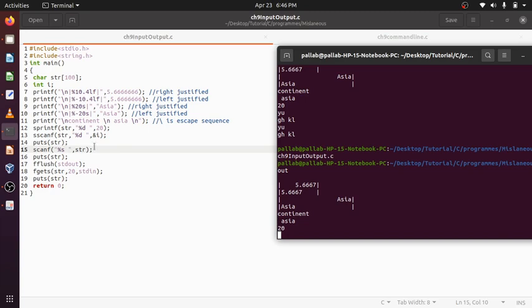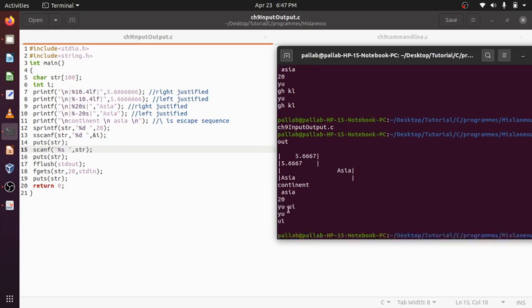Now many times in the past I had given scanf with %s. Can I give multiple characters here? No, I cannot put multiple characters here, though one option is there. Just before s, you can do something by which you can get multiple characters in scanf also, but in this way it will not take. Puts s should have outputted whatever it has taken, but it didn't.